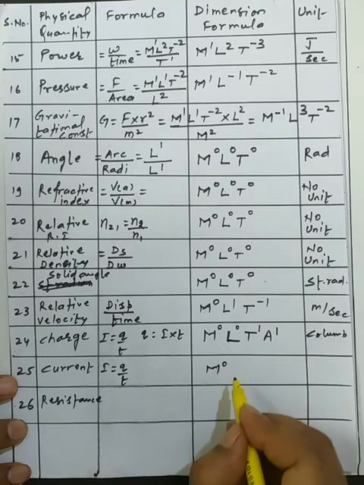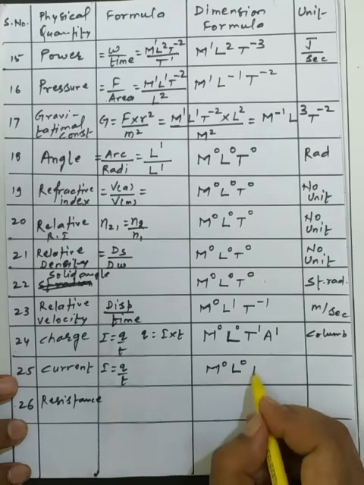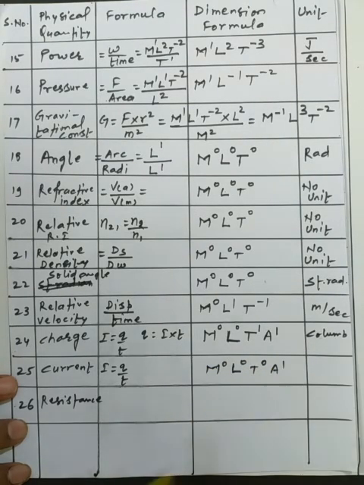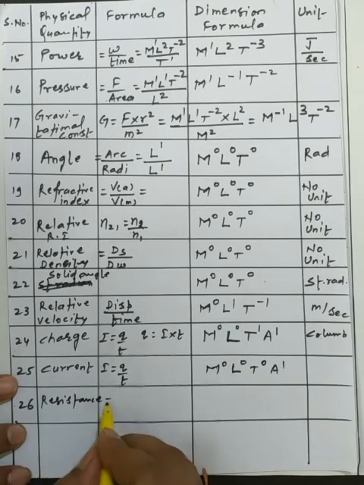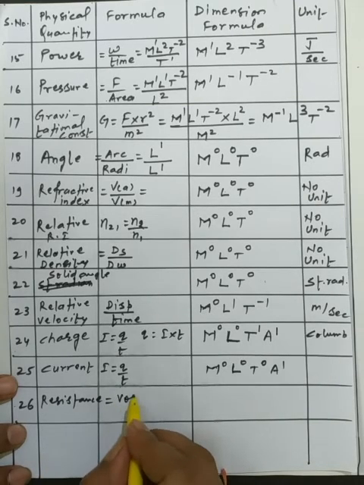So we are writing M⁰, L⁰, T⁰ and ampere. Okay, so it has its own standard meaning. Now next I have taken the resistance. Resistance is the volt upon